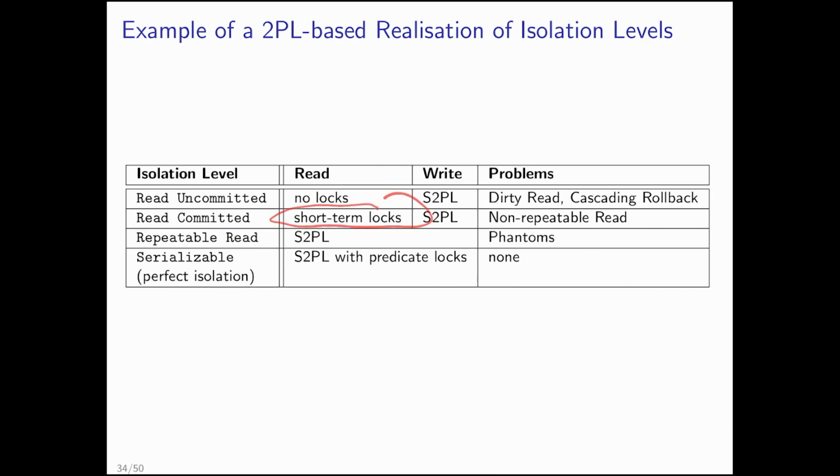Now you acquire short-term locks. As write operations still follow strict 2PL and never return their locks, this means you won't get a read lock, not even a short-term lock, on something that's currently being written by another transaction. There's no way of doing that, because the other transaction must have committed. So that will exclude